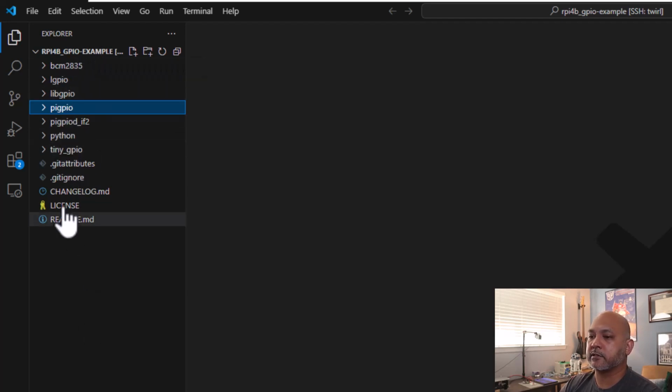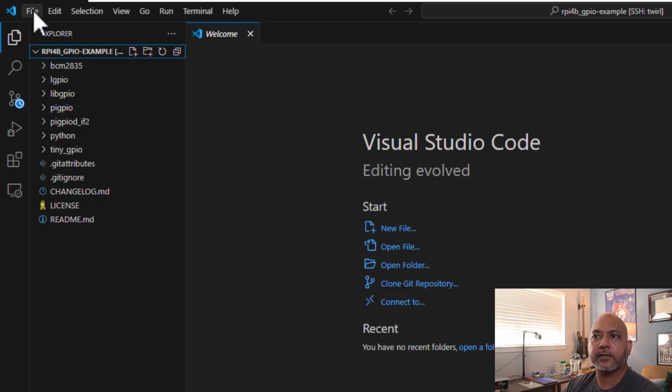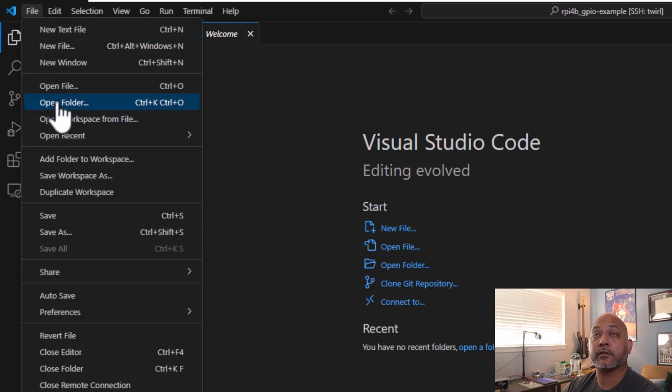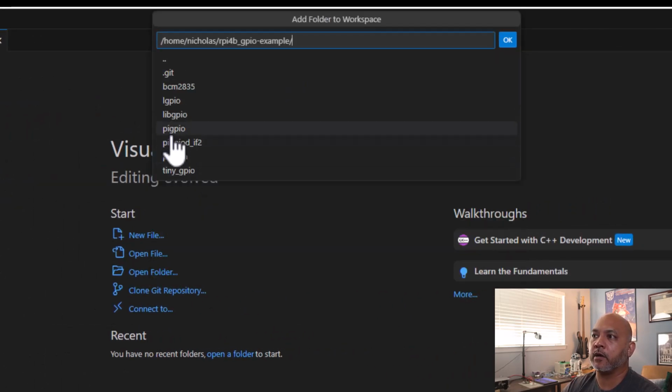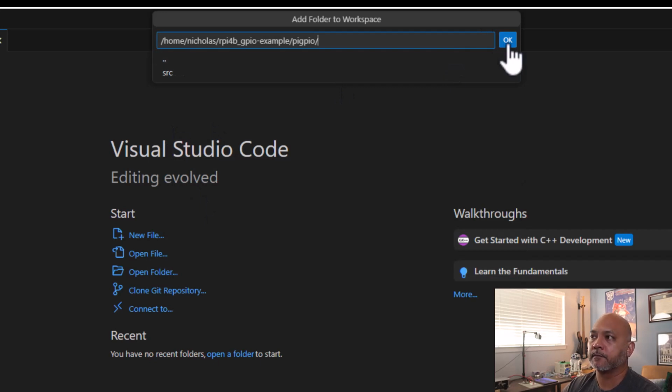So when you try to configure the top-level project, it's going to ask you which thing you want to configure. What I like to do is to add each individual folder to a workspace. So I click on Add Folder to Workspace, and I select the PyGPIO folder, and now it will add that to the